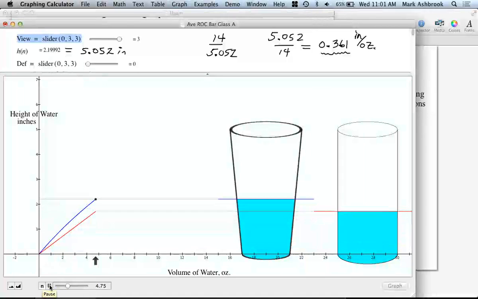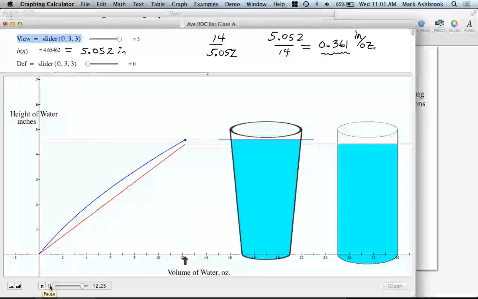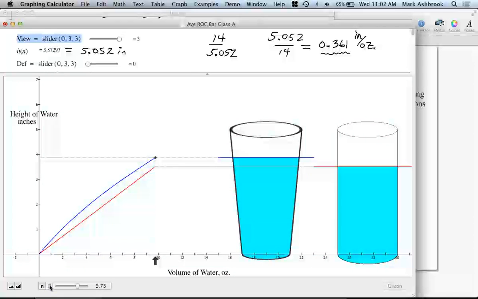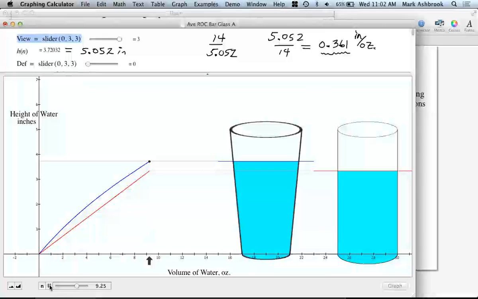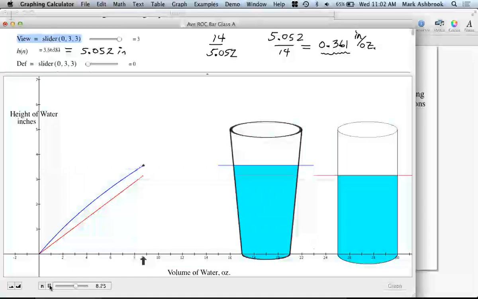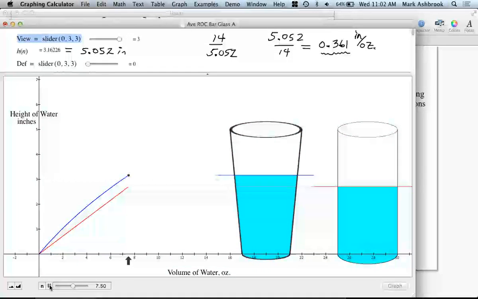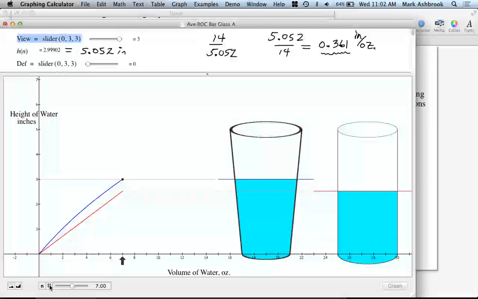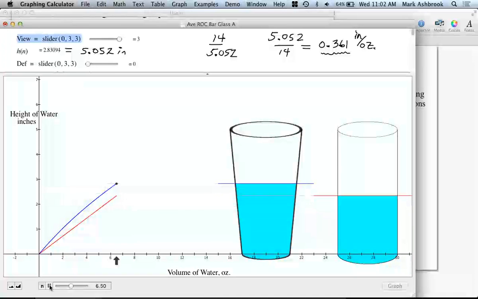So notice how the heights, so you can take a minute, talk about the heights of the water in the two glasses as we increase the volume, and how that is reflecting how the actual height versus the constant rate height is accumulated. So go. So what's happening? Look at these heights of the water and compare that to what you're seeing in the graph. Go. The constant rate is like